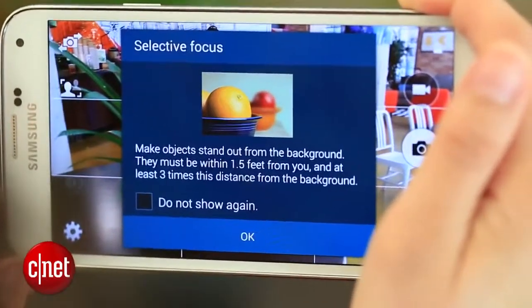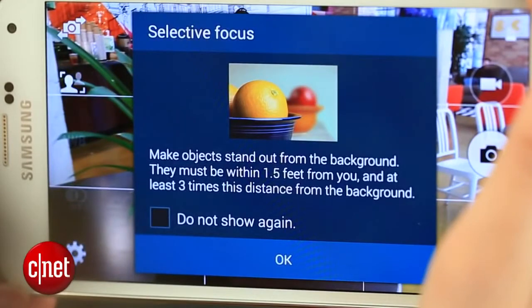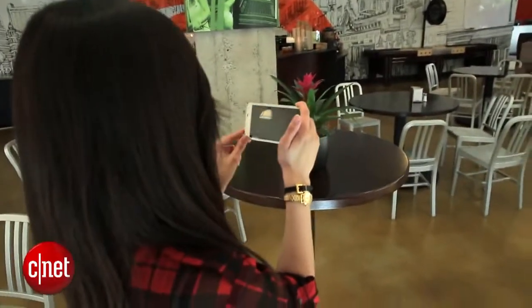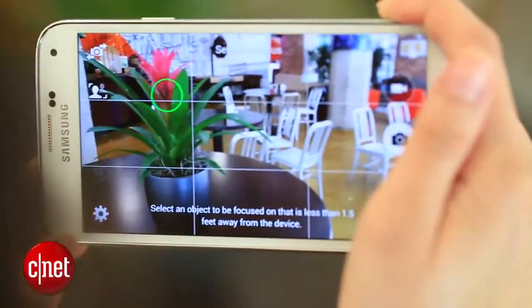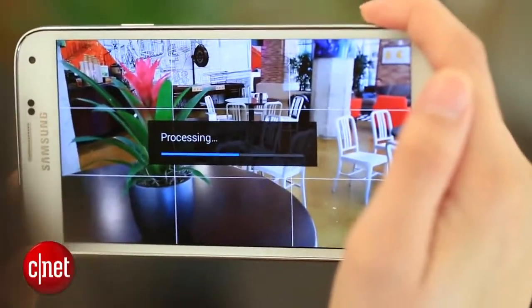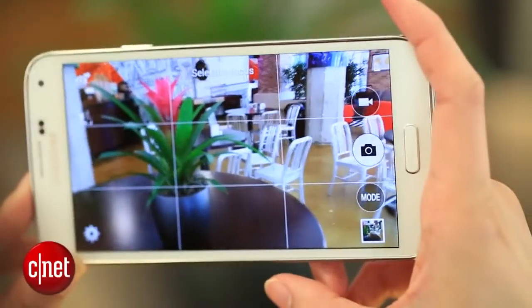The device will tell you that for best results, stand at most 1.5 feet away from the closest object. The object itself should also be at least 4.5 feet away from the background. Tap on the object you want in your foreground and click the shutter. It'll take a few moments for your handset to process, but afterward, go into your gallery by tapping on the